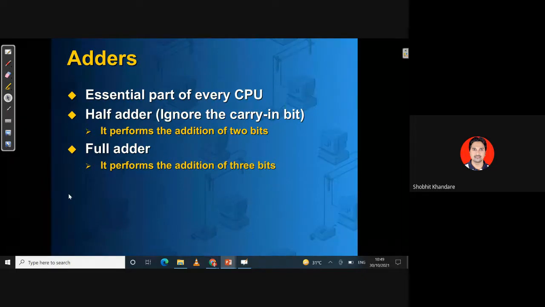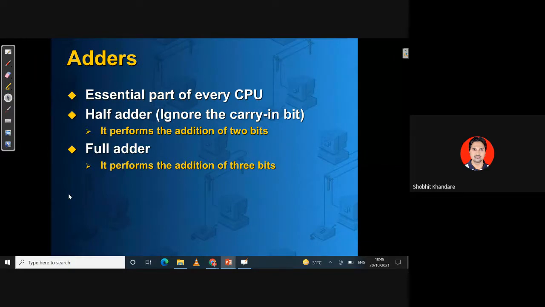For the time being, just understand that in this we are going to add 2 bits, and in full adder we are going to add 3 bits. The catchy words here are 2 and 3. When you talk about 2 bit addition, you go with half adder. When you talk about 3 bit addition, you go with full adder. That is the main difference.